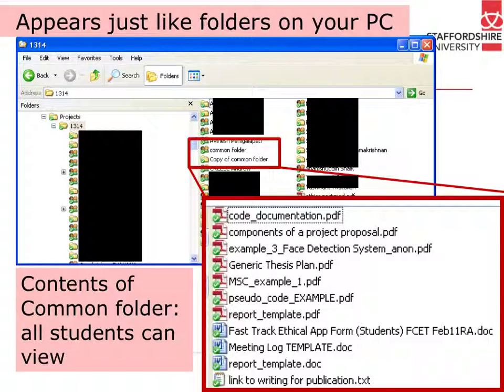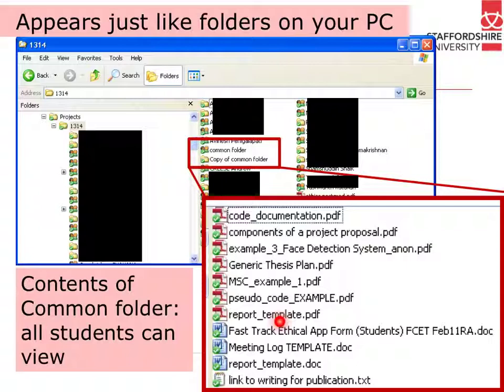I have a folder that is common to all students, and this shows an example of the contents of the common folder, where I have examples of thesis, an example of an undergraduate project, components of a project proposal, how to document code, a generic plan for thesis, a pseudocode example, a template report, an ethical form,